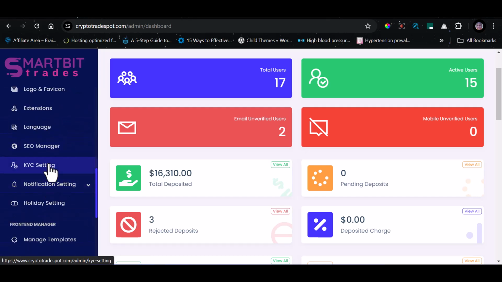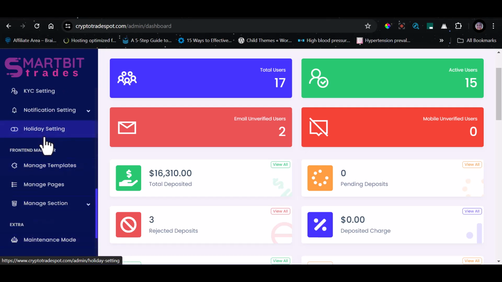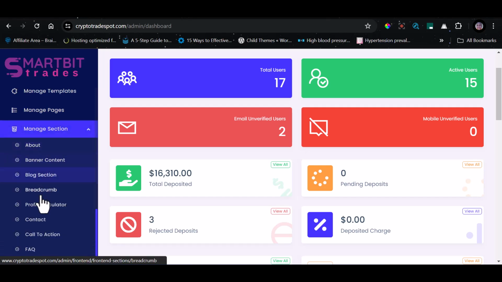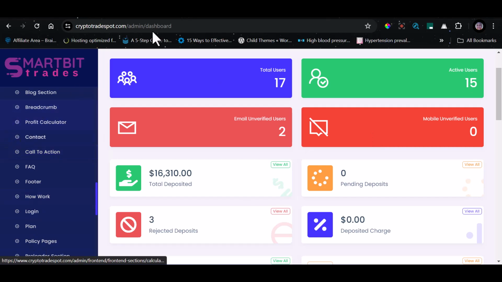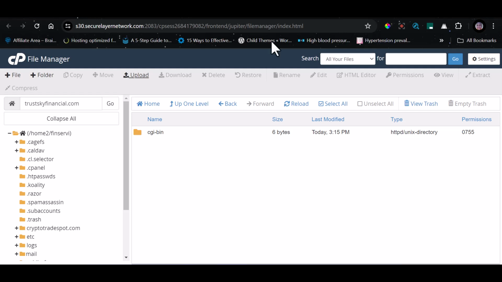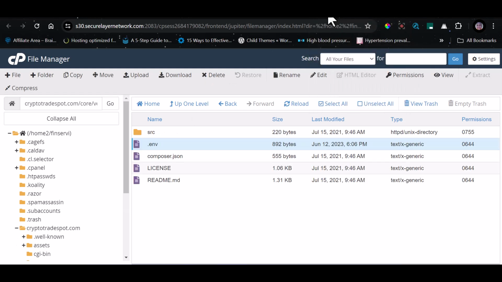Everything you see here, you can just look through all of them in the settings. From here, you can change the name of the site, put in the about us and all that. You can see this manage section. This is where you manage the sections in the site. All right. So now one more thing again is that when you get this particular script, there is a place